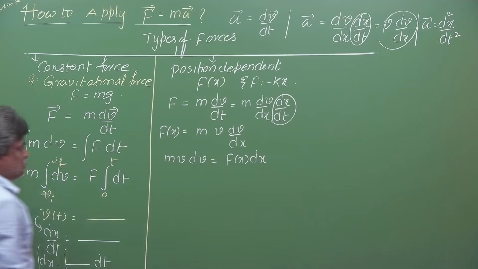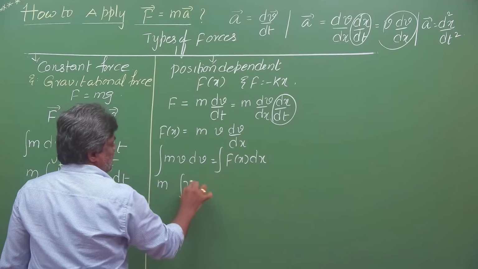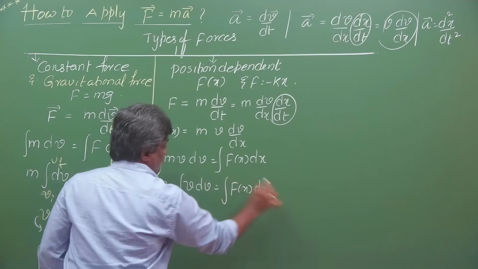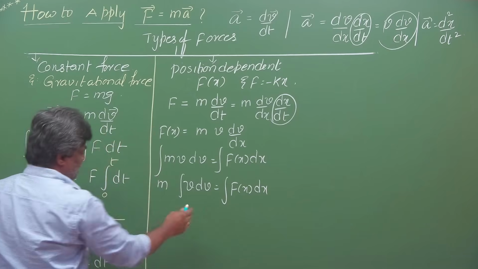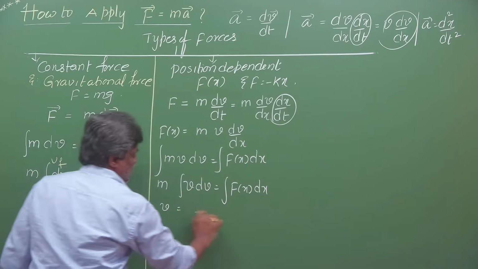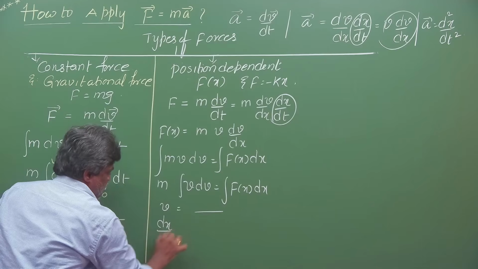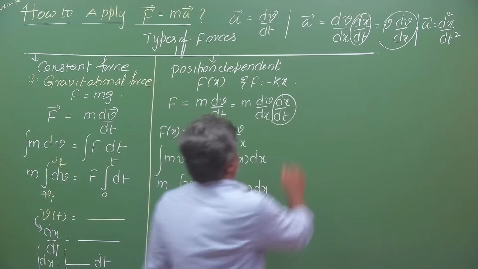Clear? That's it. And now m is outside. Integral v dv equal to integral F of x dx. Please follow this pattern, this method. Then from this, what will you get? v. You will get v. After that, again dx by dt you can find. Clear? Next,